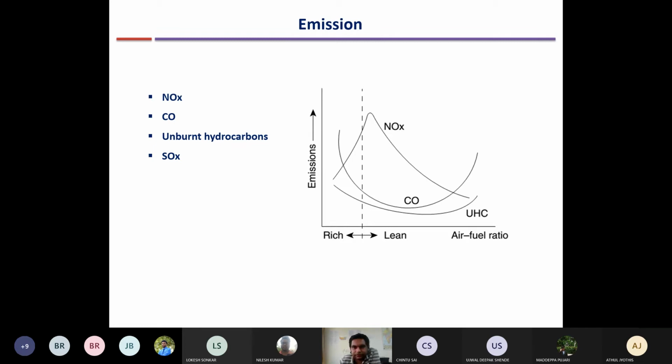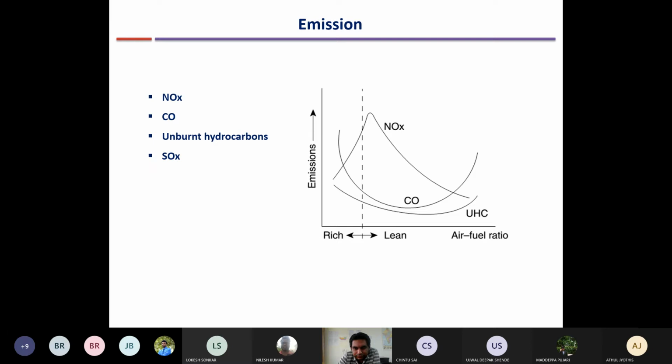Anyone is there? Try to answer this question. Yes, sir. What do you think should be the case? I have now explained how NOx forms, or under what condition NOx forms. So can you relate to it? So you have to be able to relate everything. You cannot just memorize, right?